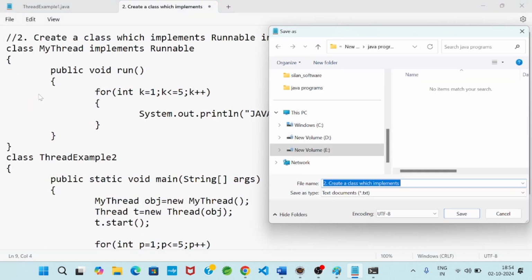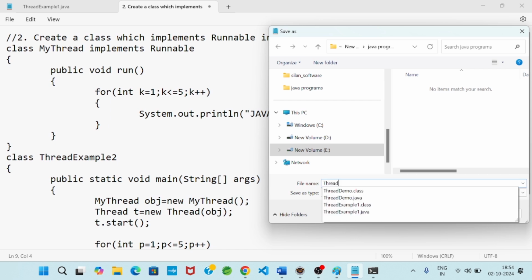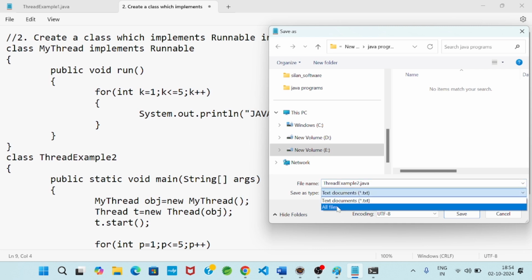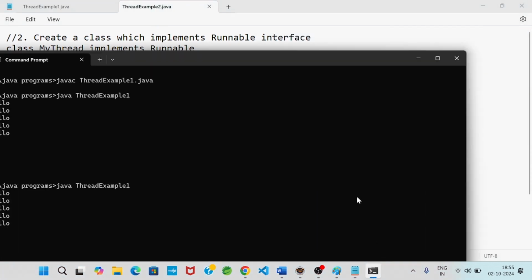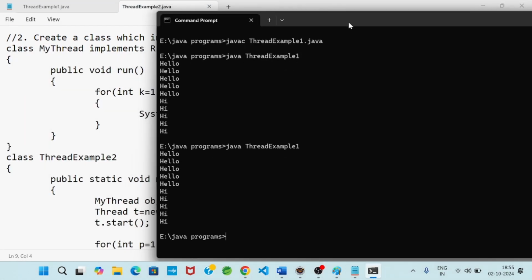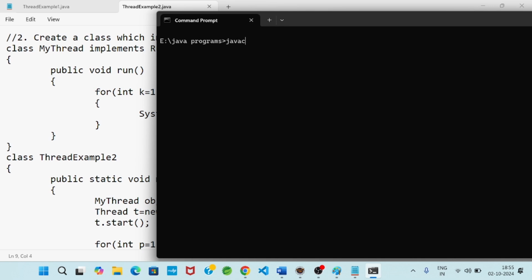Now I will save this program. The program name is thread example 2.java. I will go to the command prompt: javac thread example 2.java, then java space class name, thread example 2.